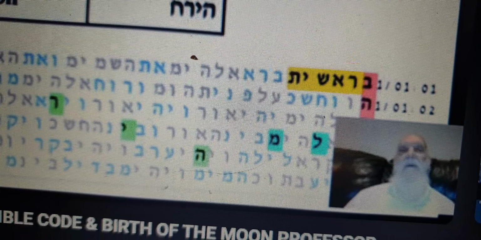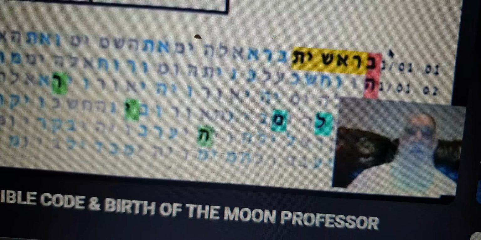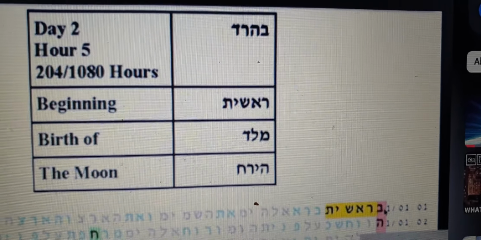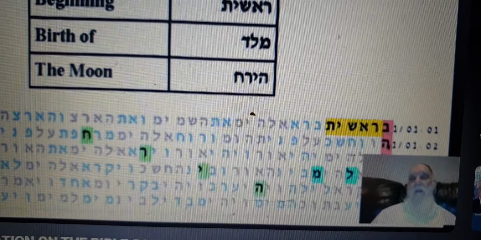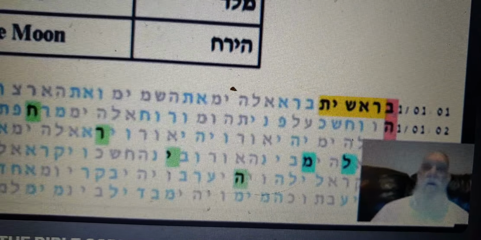Every 42 letters in Bereshit, Barad, which is the secret of the beginning of the moon, Monday, 5th hour, Reish Dalet, 204 Halakim,